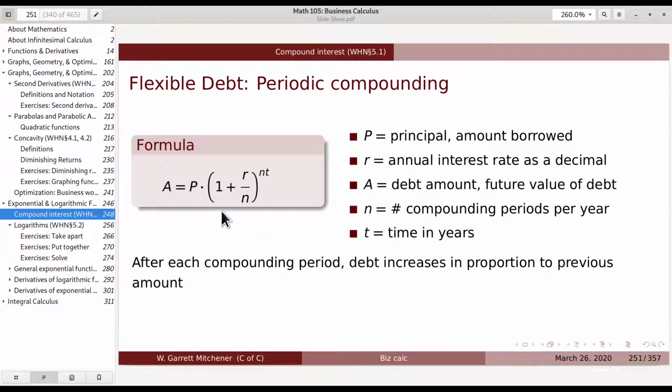You have a principal amount P, that's the amount borrowed. You multiply by this thing, which is a bunch of periodic interest rate factors, 1 plus r over n. And how many are there? Well, you multiply n, the number of compounding periods per year, by t. Now let me fast forward through the